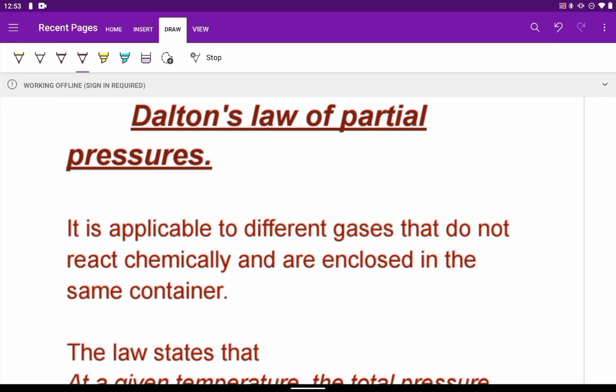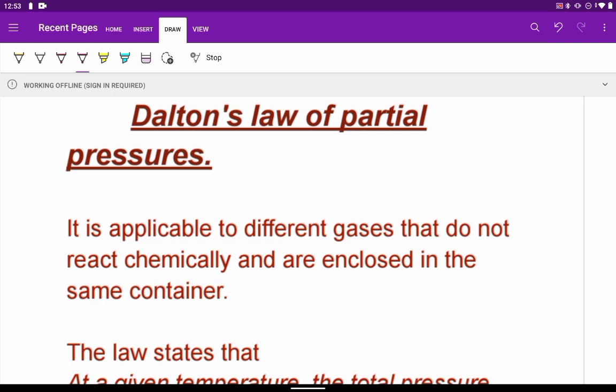But each of the gases in the mixture will exert its own individual pressure as if it is present on its own, meaning there is nothing else in the container. In that way only it will exert some pressure in the same container at the same temperature. So based on this, John Dalton gave a relationship between the pressure of the mixture of gases and the individual pressures of the gases which are present together in the container, and this relationship is known as Dalton's law